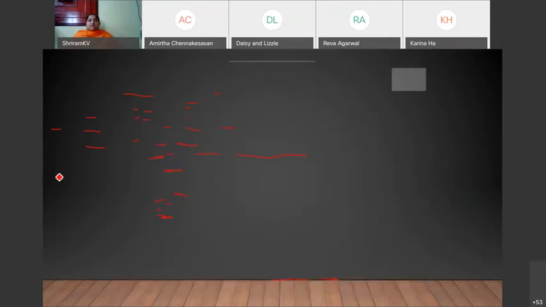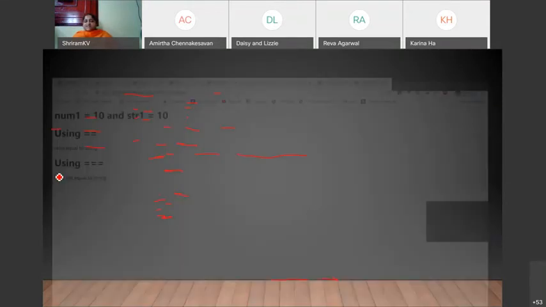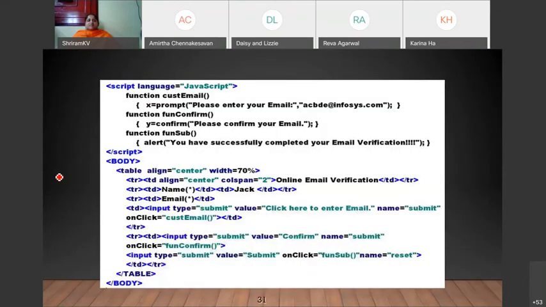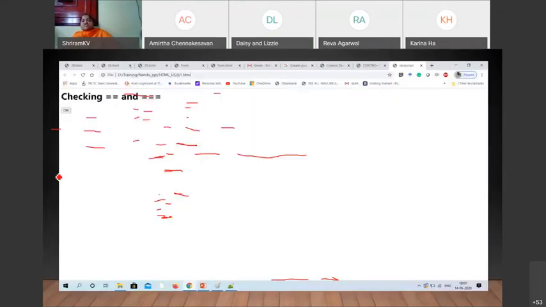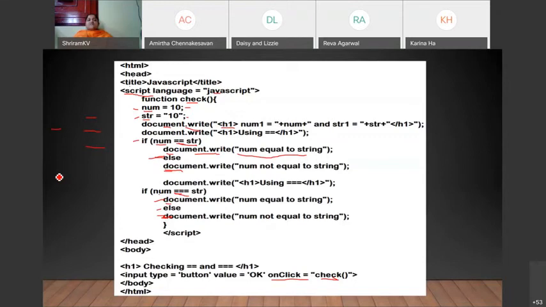I hope till this it is clear. Please make sure that I give you a few minutes of time for you to work it out, so that you will understand how JavaScript works and how to type JavaScript code in an HTML document. Opening of HTML, saving, everything is the same as I have taught you in the previous classes. So please make sure that you try this now. I'm giving you a few minutes. I'll keep this particular screen open for you.